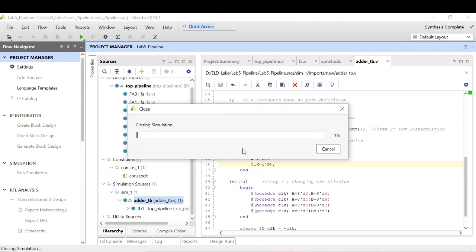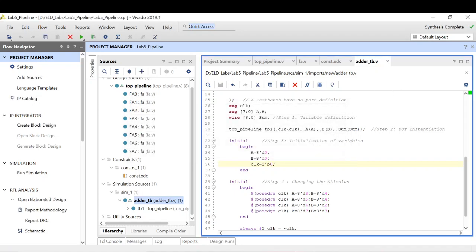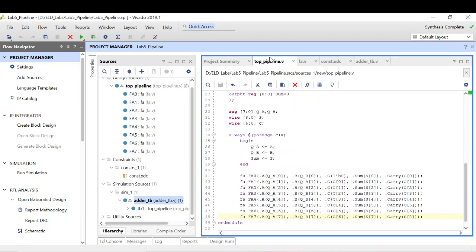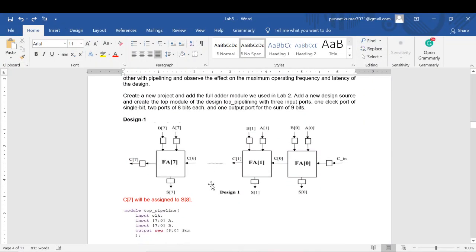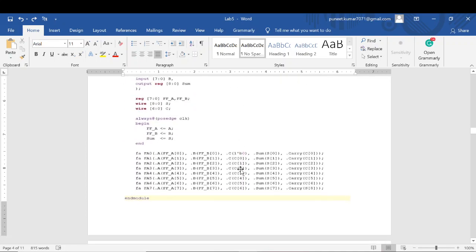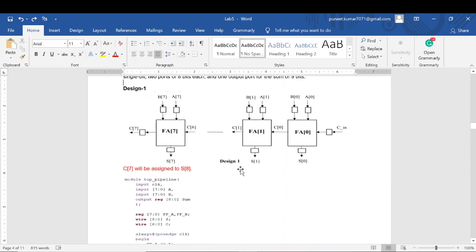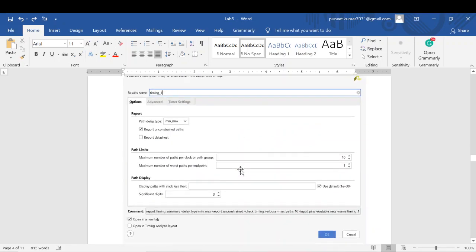Now let's add the pipelining to our current design and look at the effect on the clock frequency. So for design 2, what we will do is we will also add flip-flops at the carry input of each full adder, right? So this is my design 2.